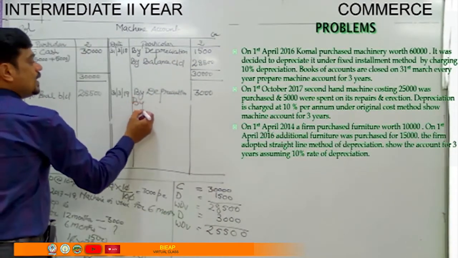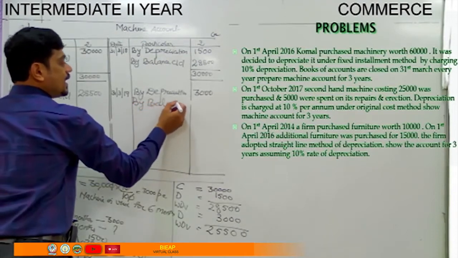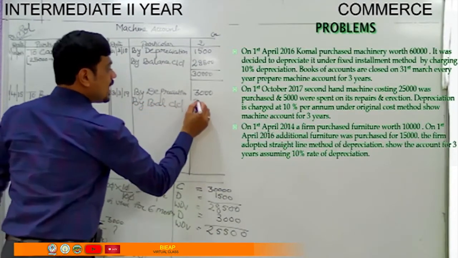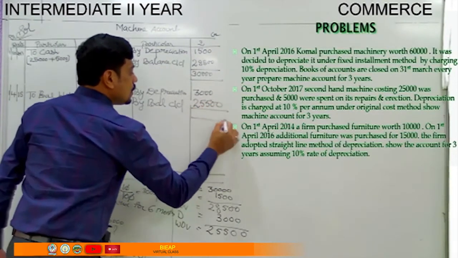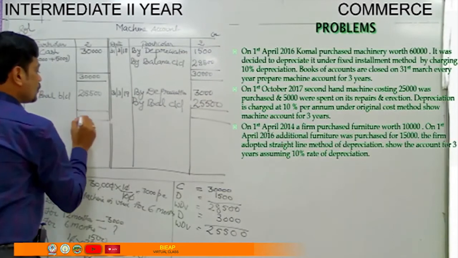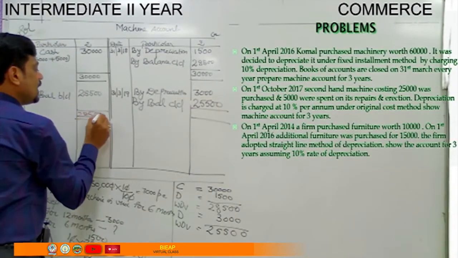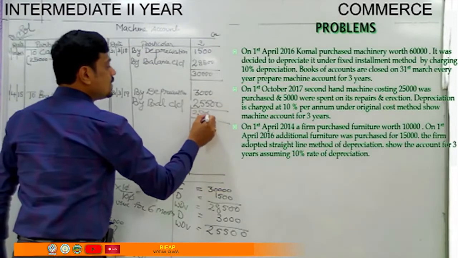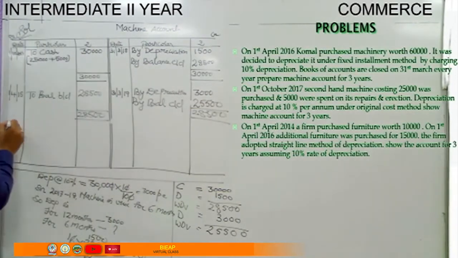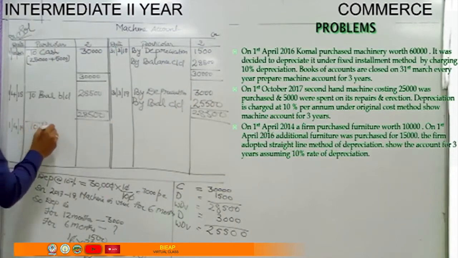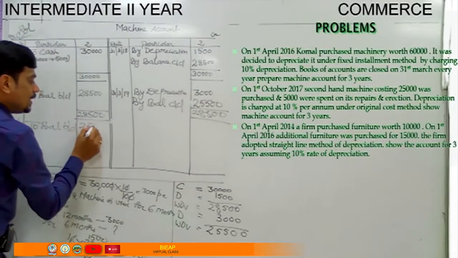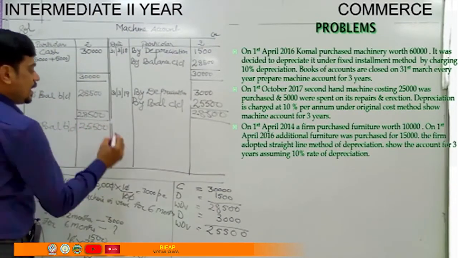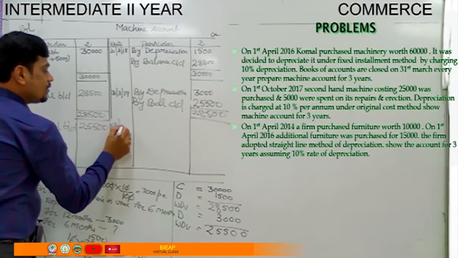So by balance carried down, how much is the written down value? 25,500. Close the account with a total of 28,500. So we are in the third year. 1st April 2019, to balance brought down. How much is the balance brought down? 25,500. Again, 31st March